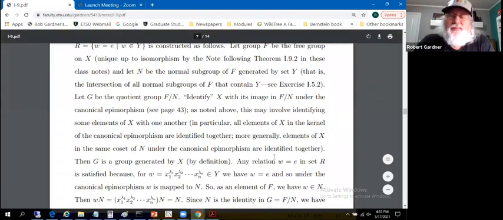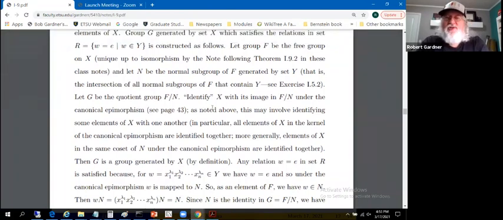Okay, the next part's a bit less rigorous. First, identifying elements of the set with their images in F mod N. So identify set X with its image in F mod N under the canonical epimorphism. That is, for element lowercase x in this set, look at the left coset. Remember, in a quotient group, what we get is cosets of N in this case. So we'll take element lowercase x, and the canonical epimorphism will map that to the left coset, lowercase x, capital